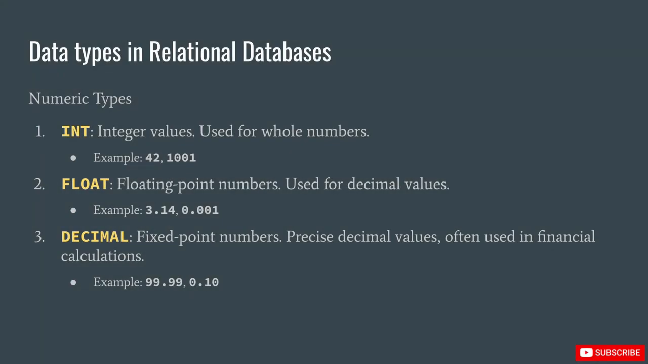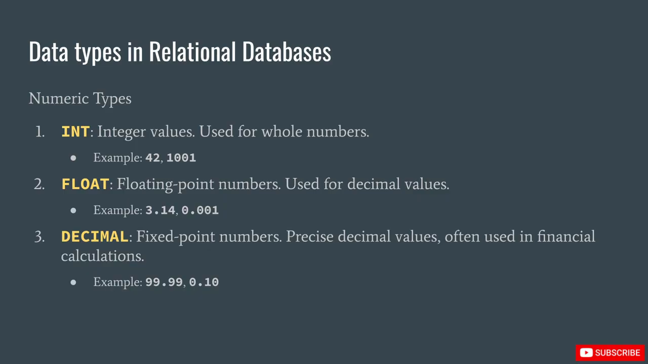Let's talk about numeric data types in relational databases. First up, int. This one's for integer values, so think whole numbers like 42 or 1001. Next, we have float. These handle floating point numbers, perfect for decimals such as 3.14 or 0.001. Lastly, decimal. This type is for fixed point numbers, offering precise decimal values often used in financial calculations, examples being